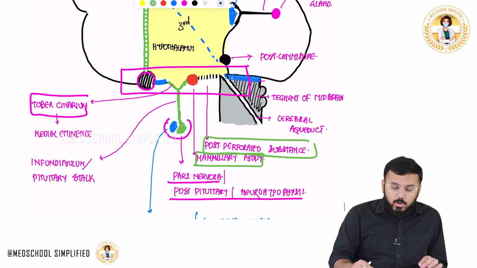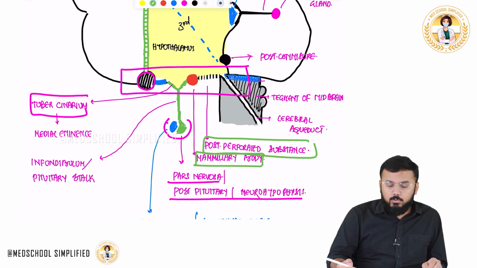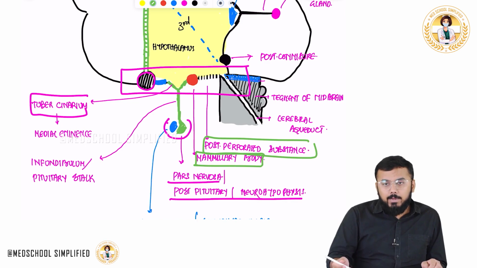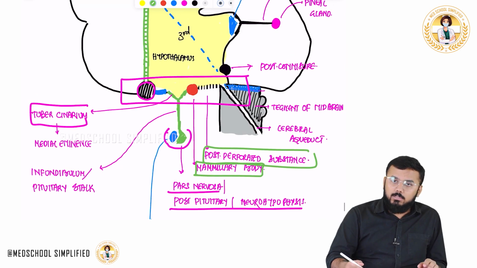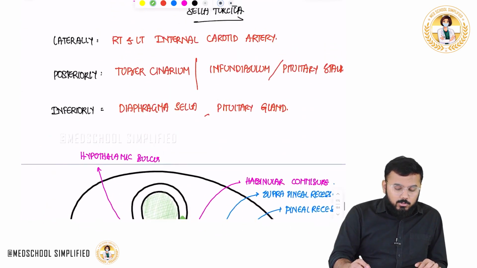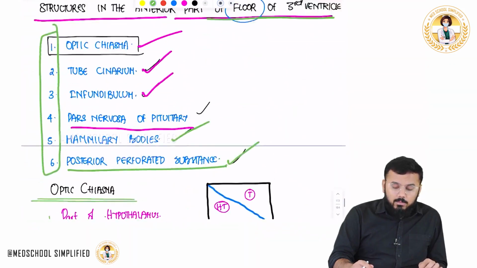Now if I ask you, anterior to the mammillary body, what do you have? You have the tuber cinereum, the infundibulum, the pituitary stalk, and the pars nervosa, the posterior part of the pituitary gland. If I ask you posteriorly to the mammillary body, what do we have? We have the posterior perforated substance. In this way you need to change the question. If you just look at this picture, it would be easy for you. So this is all you need to know regarding the structures that form the floor of the third